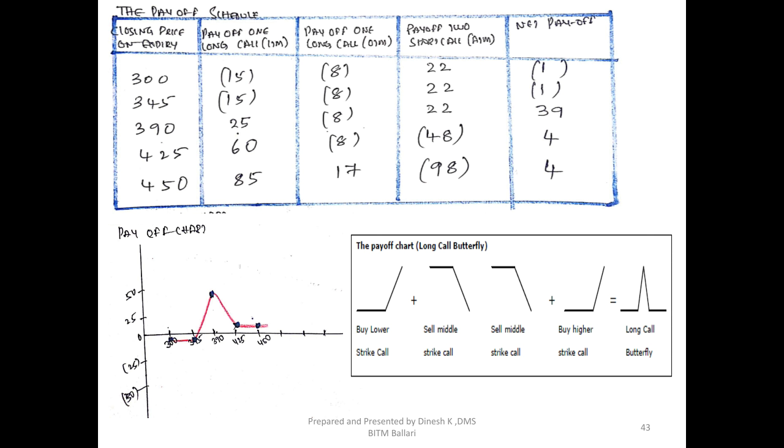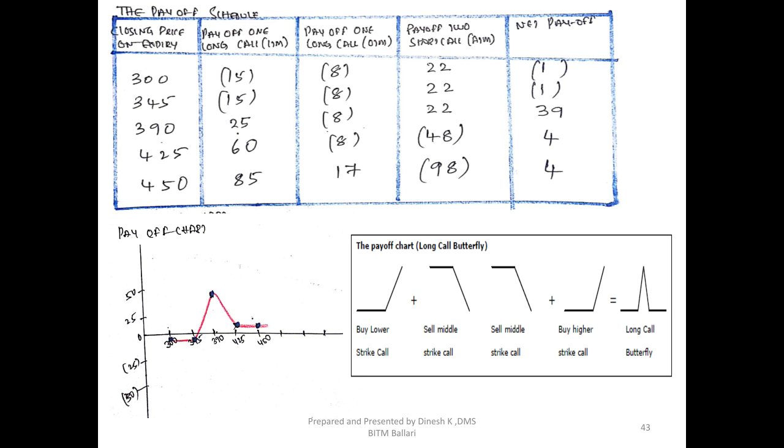When the current market price is 425, I have taken two short on a call positions. The call buyer who has a right to buy for 390 will come to us, where I had taken a short on a call. I have to sell for 390 even though the market price is 425. So I'll make a loss of 35 per contract. Since I already received 11 as a gain, for one contract I'll make a loss of 24. For the two contracts, I'll make a loss of 48.